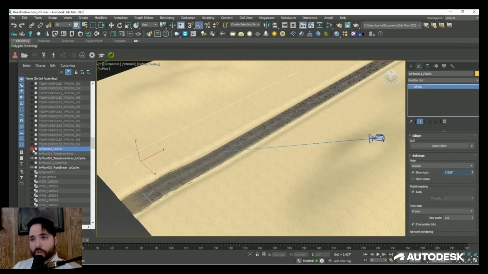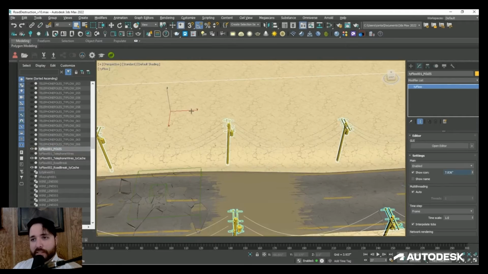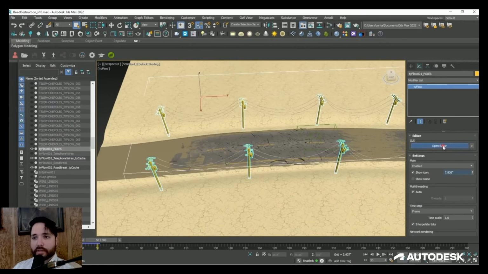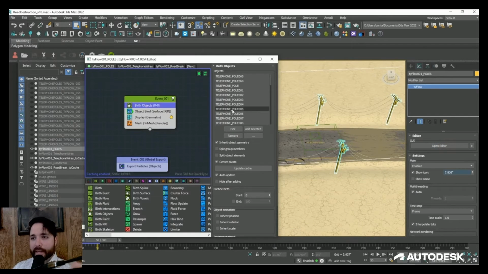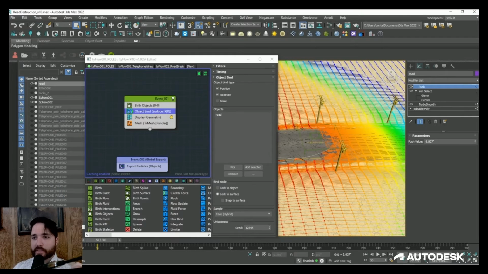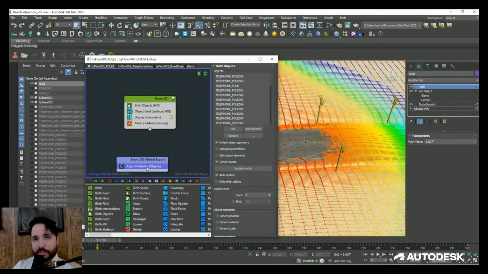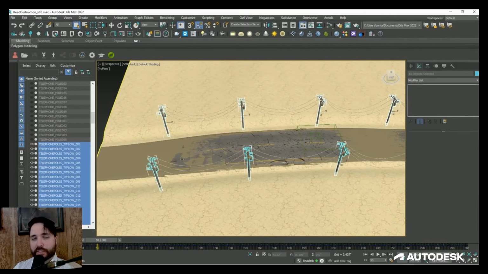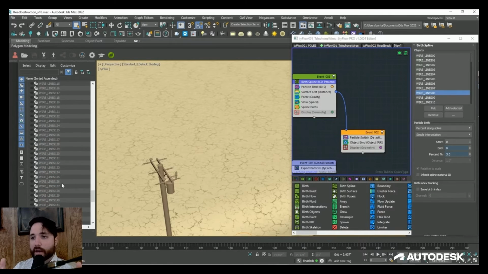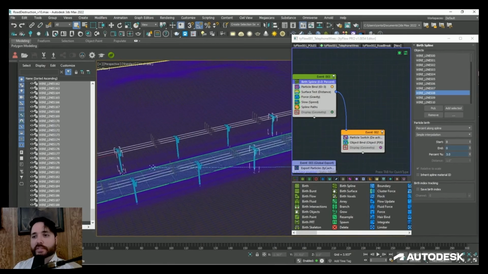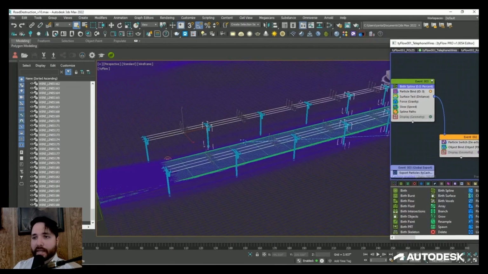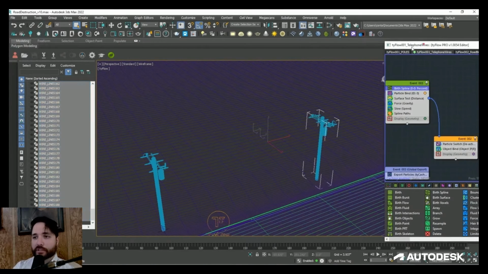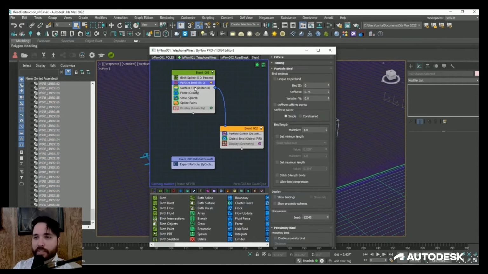To make the telephone poles rise and fall with the landscape, I selected all of my telephone pole objects in my scene, and then I added them into their own TyFlow sim. And then by using a simple object bind operator as well, I could have the telephone poles lock to the surface and react as expected. So to quickly go through it, I just used a birth objects operator to add them into my TyFlow sim. Then I bound them to the desert mesh using an object bind operator. And finally, I used a particles export operator to export all the particles out as scene objects, which would then bake that animation to the telephone pole objects and could be referenced by the wires later on in their own simulation. So that way the wires would also react as expected when the ground moved.